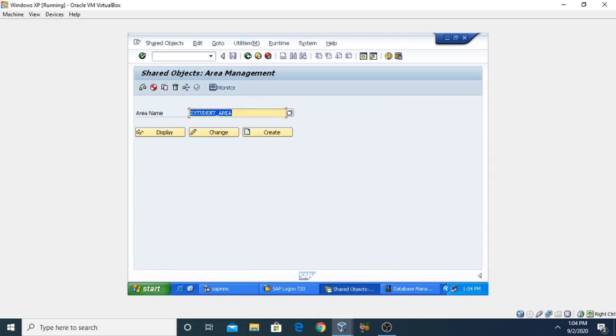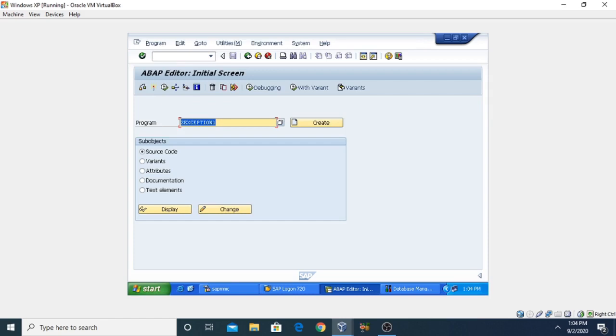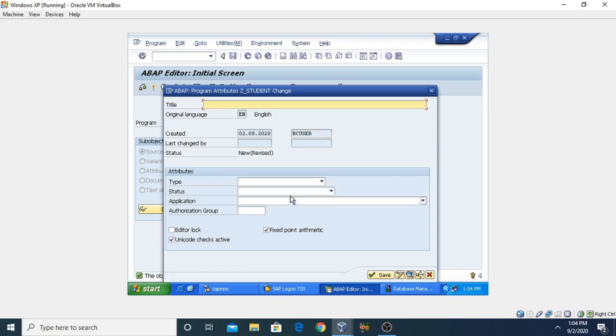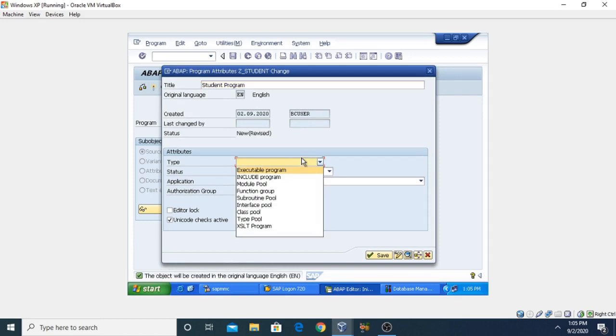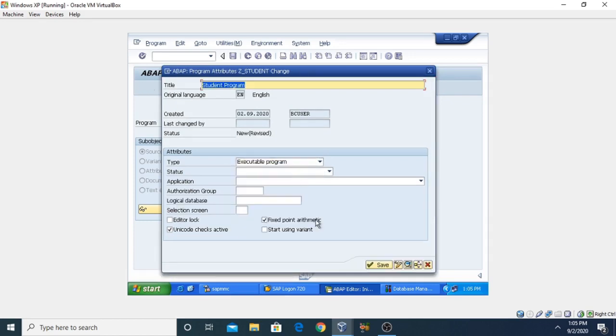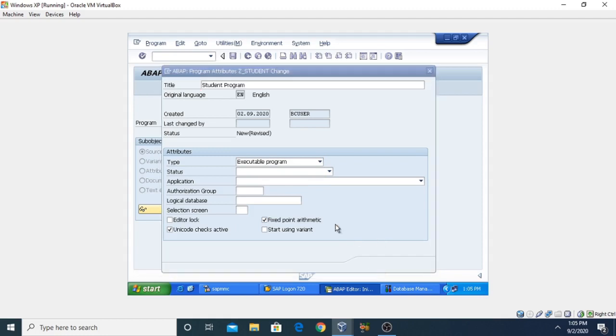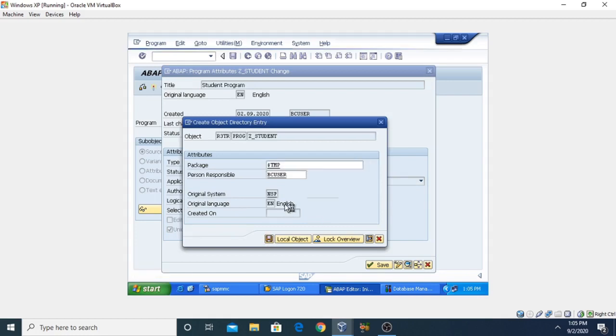Now go back, we need to create the program here. We can create the program in SE38. Go there, then I'm going to give the program name Z_STUDENT, then click on the Create button, where we need to write the program title. So this is our student program. By this program we will write onto a root class, and then we will use the methods attach, attach for write, and all of the steps that we have studied in the last video.